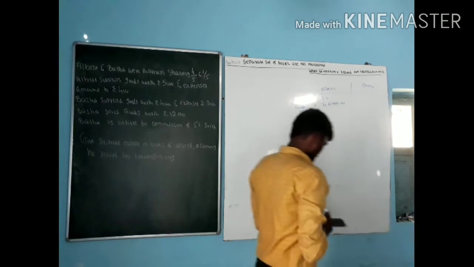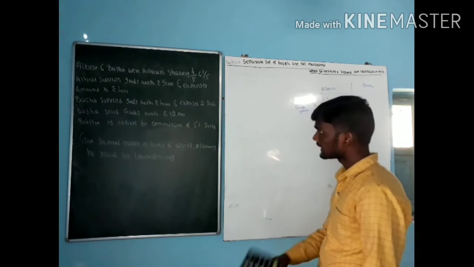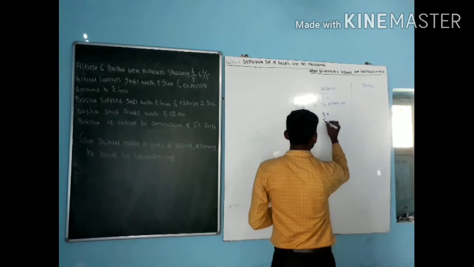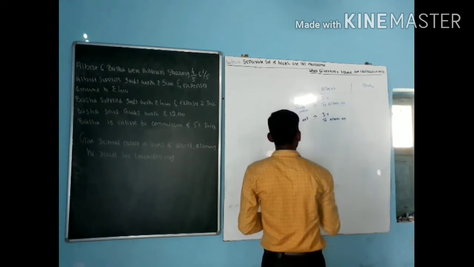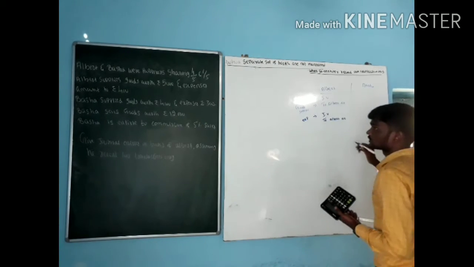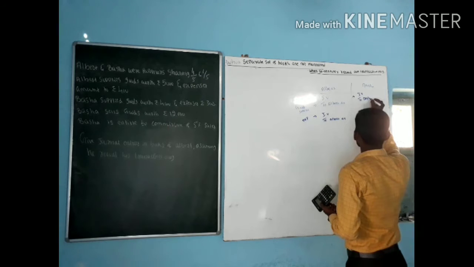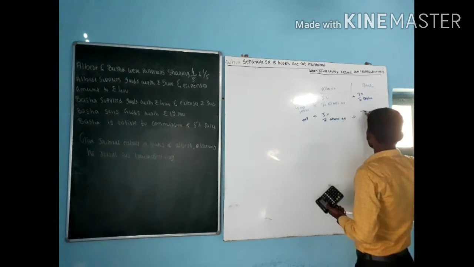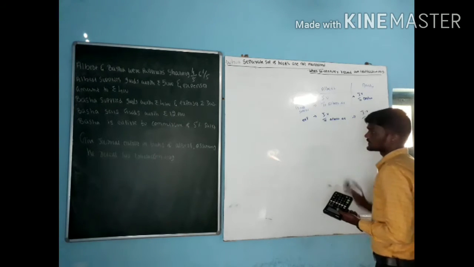Next one. Albert supplies goods for rupees 5,000 and expenses rupees 400. Any kind of expenses, that is joint venture account debit to Albert account. This is the entry for expenses. Next one, Basha supplies goods for rupees 4,000. That is joint venture account debit to Basha account. It is for goods. Same. Next one, expenses rupees 300. That is joint venture account debit to Basha account. It is for expenses.